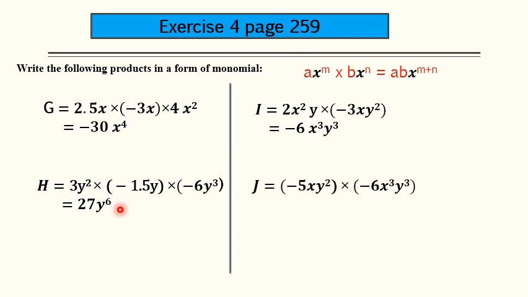J equals minus 5xy squared times minus 6x cubed y cubed. The numbers by each other. Minus times minus is a plus. 5 times 6 is 30. X times x cubed is x to the power 4, and y squared times y cubed is y to the power 5. Please, you have to write the answers on your class